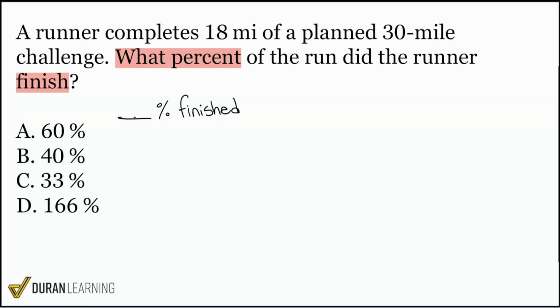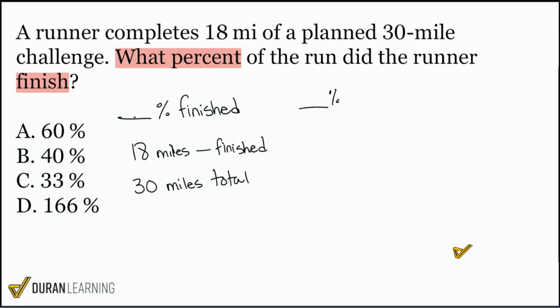So let's take a look at the other information that's there. And it says a runner completes 18 miles of a planned 30-mile challenge. Okay, so 18 miles are complete or finished. And then 30 miles is the total. So 30 miles total. So if we're setting up our equation for our percentage here, it is blank percent times